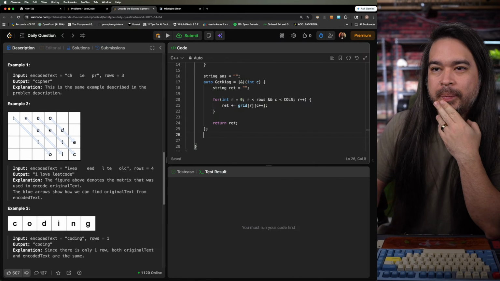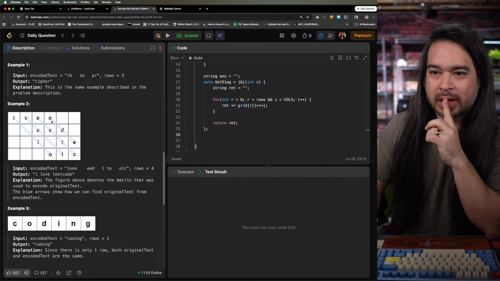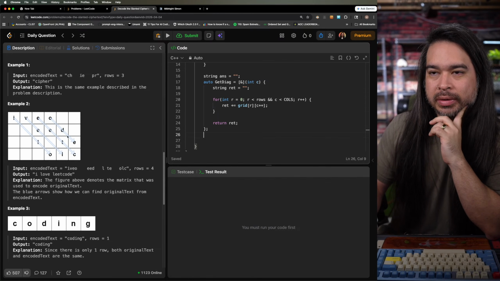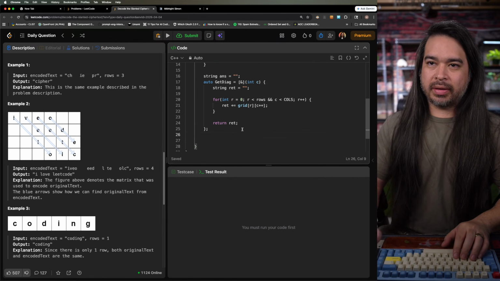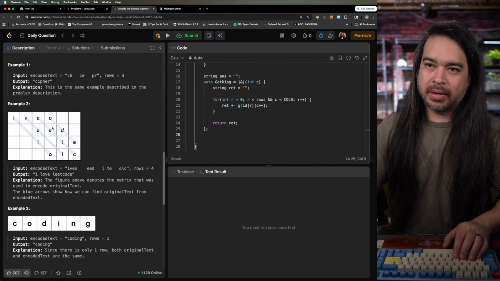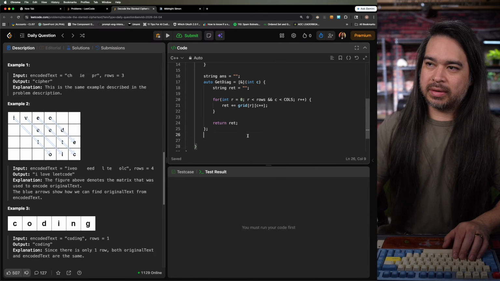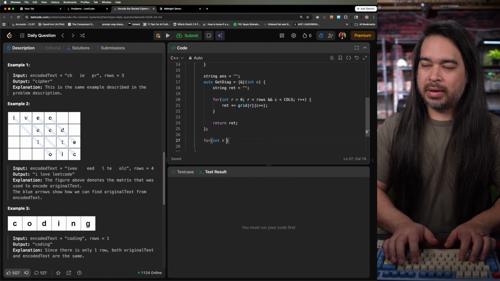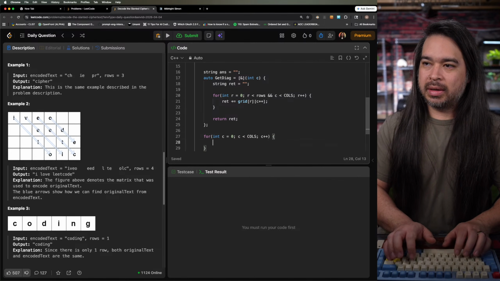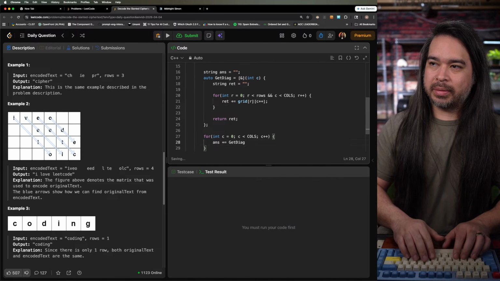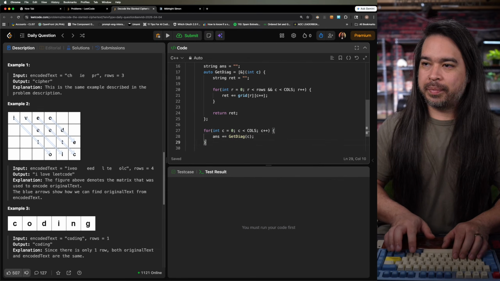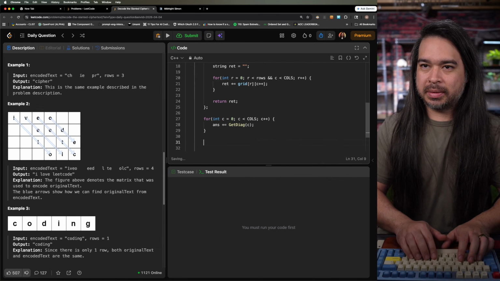But then what? We just stop if there's no character? How do you know? I guess I can just remove everything, like all the blank spaces at the end. So I'm just going from c equals 0 to here, and I'm appending that diagonal there, right? And then maybe at the end here, I can be like,